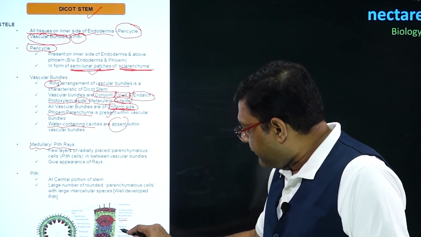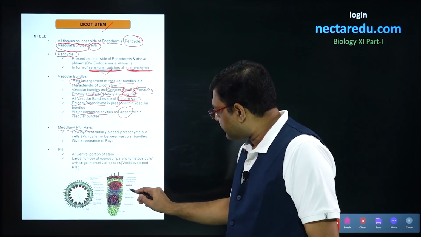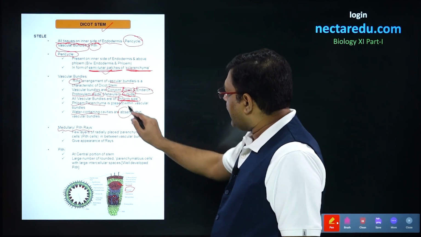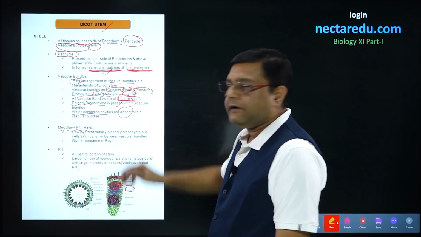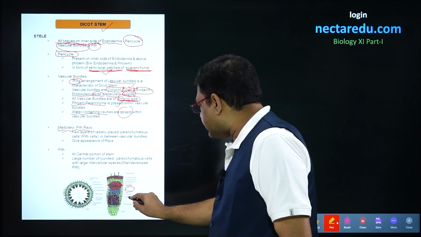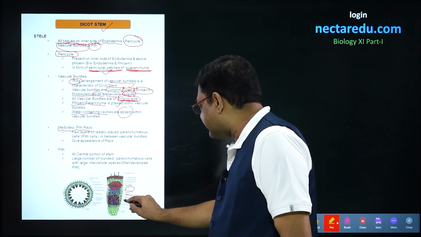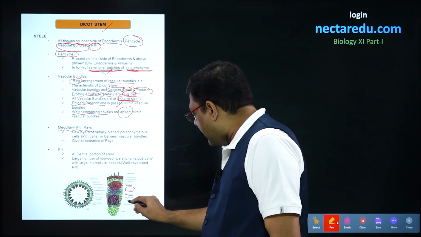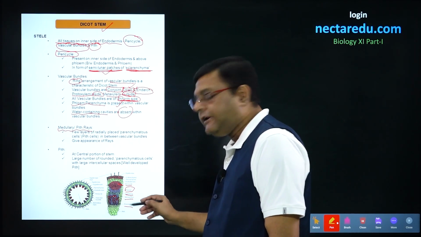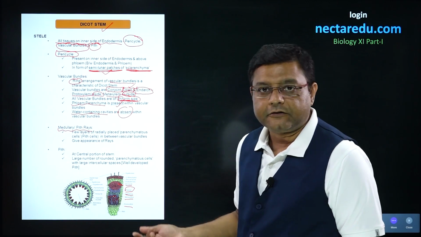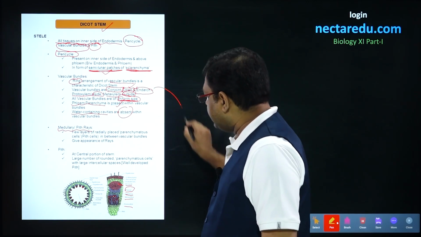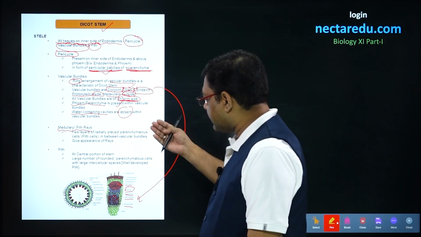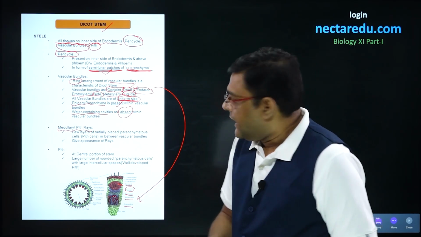The outer part below this pericycle is the phloem, which is shown in this diagram. Now as vascular bundles were open, there is presence of cambium between this xylem and phloem, and at the bottom part it will be xylem which will be divided into protoxylem and metaxylem. Now the condition was endarch and that is why protoxylem is on the inner side and metaxylem is on the outer side.